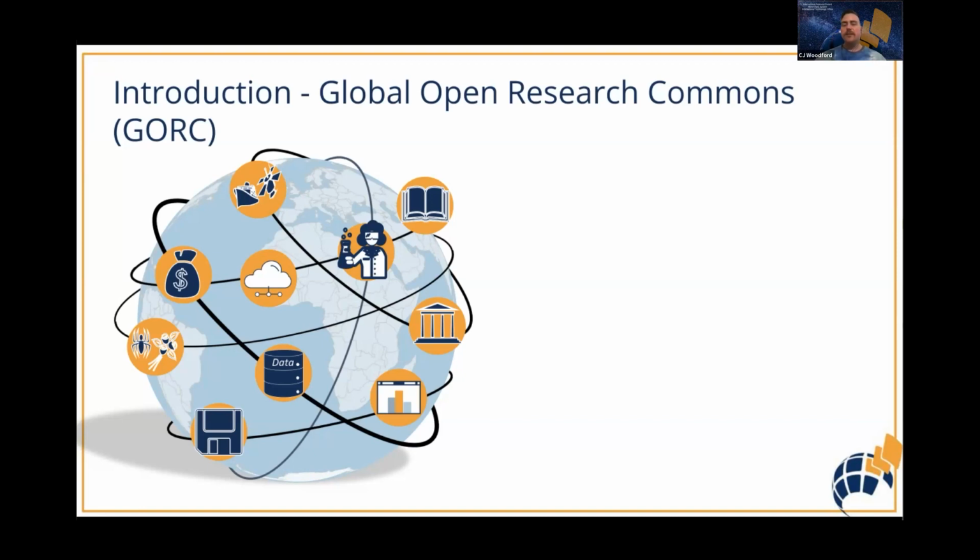Some larger examples on the international scale that you might have heard of are the European Open Science Cloud, the Australian Research Data Commons, and the African Open Science Platform. And so coordinating across these initiatives to enable a network of interoperable research commons is the goal of the GORC, to provide frictionless access to all research artifacts to everyone, everywhere, at all times, with the appropriate infrastructure, protocols, and support in place. And I do want to highlight that while we are relying on the word open, we mean as open as possible, as closed as necessary, because of course there's going to be protocols for different types of data that we need to consider.